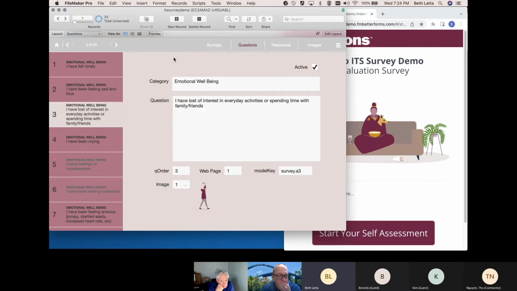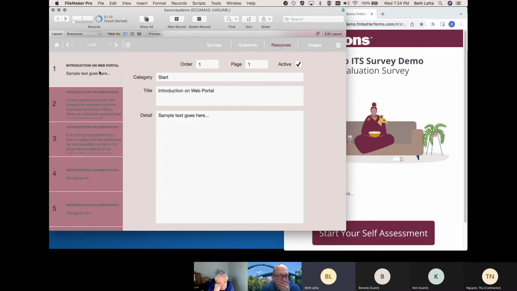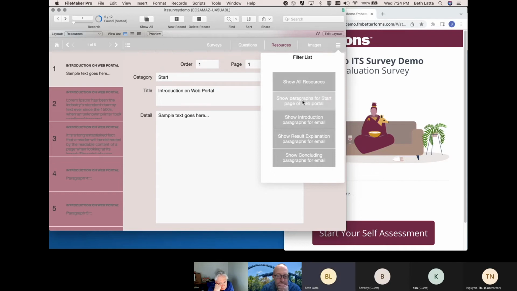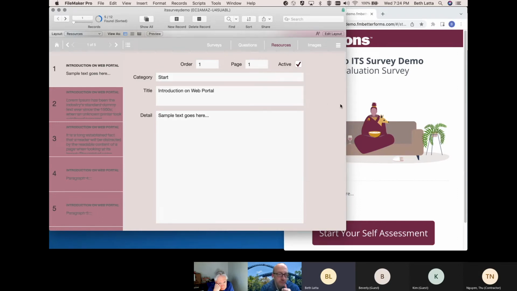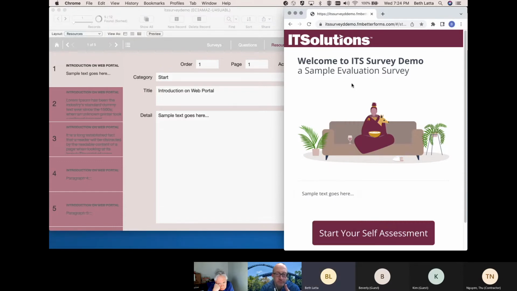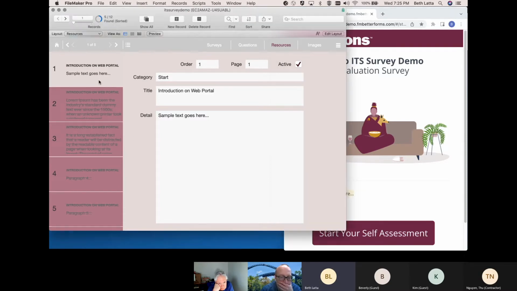But before I show you the survey itself, I'm going to jump to the resources page. So if you look here, I've got lots of resource records, okay? Each record is kind of representing a paragraph. So the paragraphs for the start page of the web portal. This is the start page of the web portal, okay? And if you notice here, introduction on web portal, sample text goes here. So this is actually the text that appears in that paragraph, right? So if I want to change that,